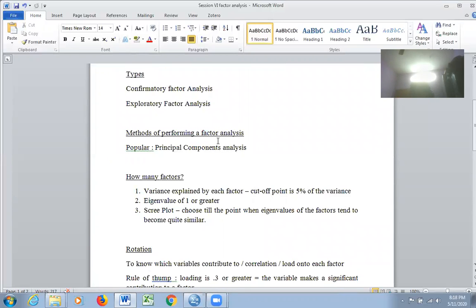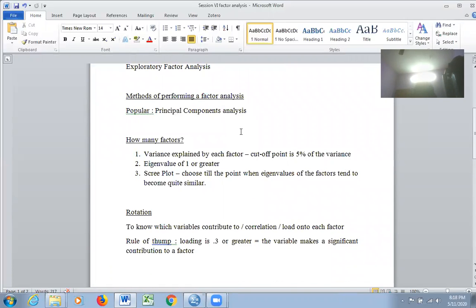How to conduct it? There are different methods of performing exploratory factor analysis. But here, I would show you only one method. It's a very popular and very, very simple method called principal component analysis, PCA. So PCA is the method we are going to adopt for conducting exploratory factor analysis. Okay, fine. So a question comes here, sir. You say that you want to explore the factors. So how many factors are we going to explore in our questionnaire? Whether 2 or 3 or 4 or 5. How can I decide on how many factors I should explore?